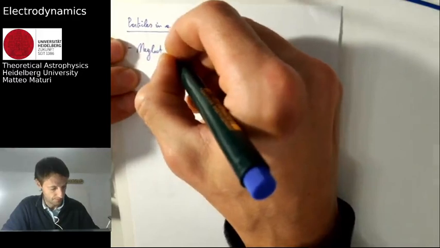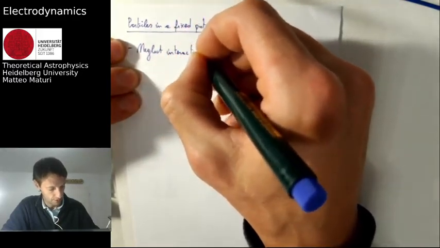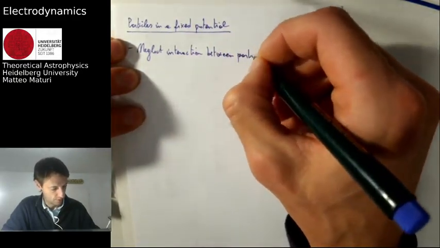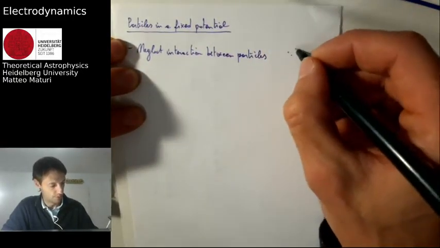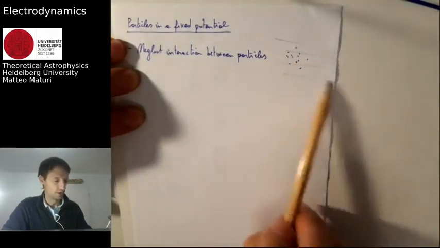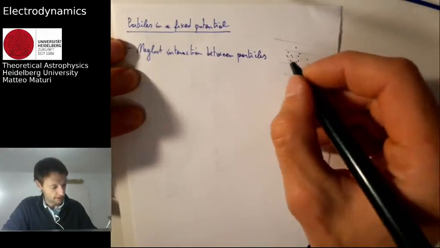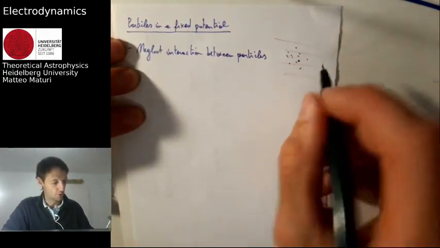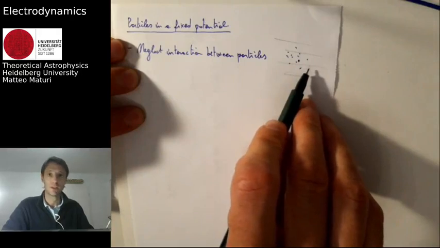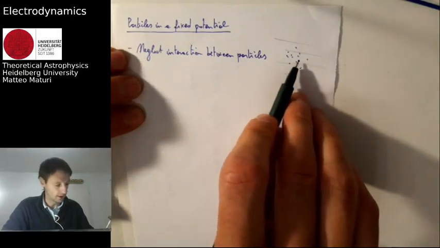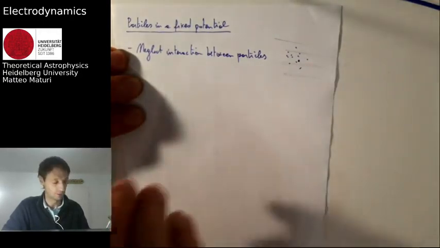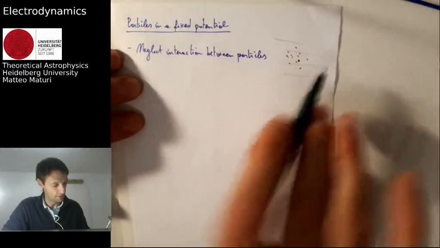So if I have more particles embedded in an electromagnetic field, then each of these particles is going to feel the effect only of the potential in which they are embedded, not of the potential which is related to the other particles. Okay, so they only feel the field, but not the